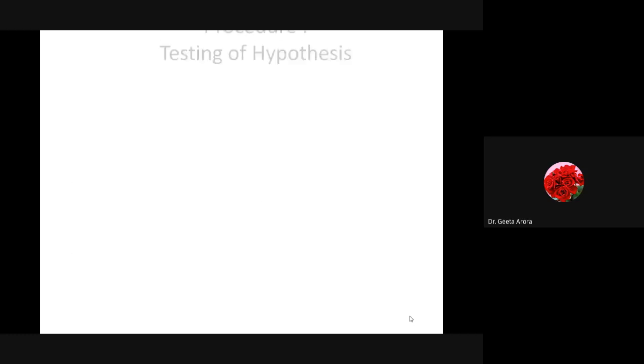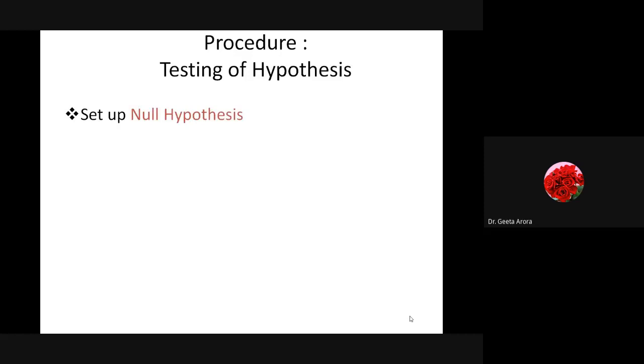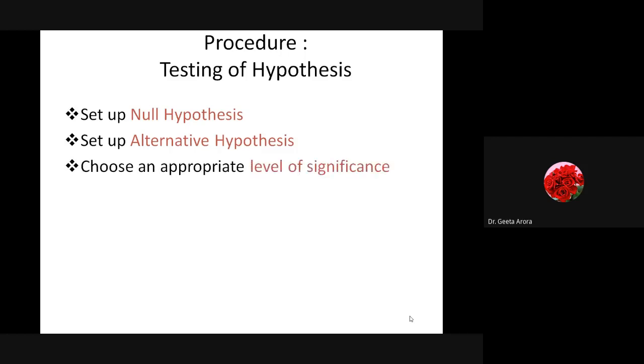So we have worked with some examples, and then we have learned the procedure. Whenever we have to solve a practical problem or in the examination, the first step is to create the null hypothesis and write down the alternative one. Because when we write the null hypothesis, at the same time you come to know your alternative hypothesis. Then, depending upon what the question says, you have to write down the level of significance, because based upon this we are going to decide whether we reject the hypothesis or fail to reject it. Correct? So that is the level of significance.